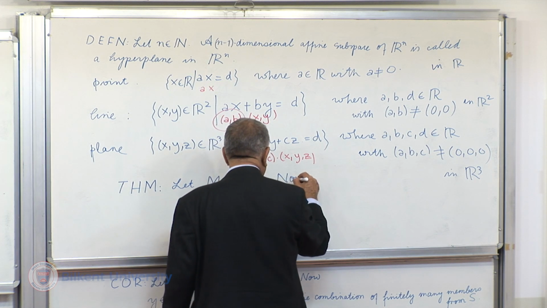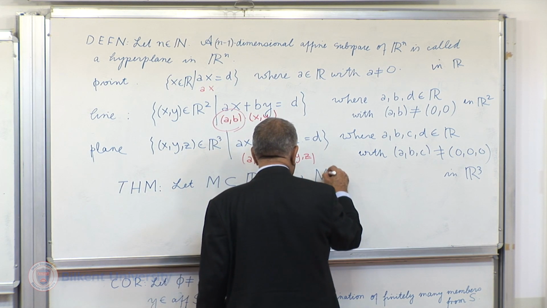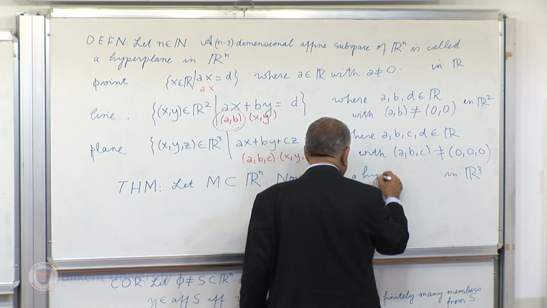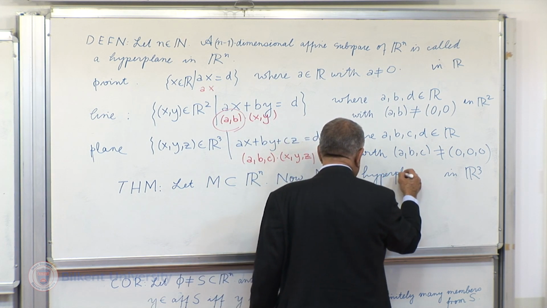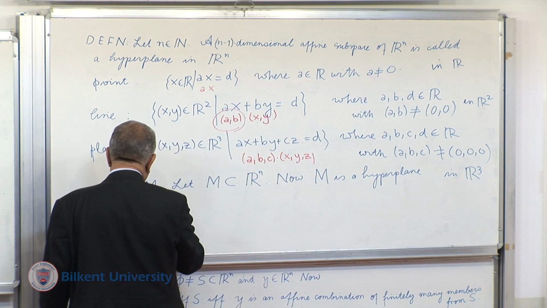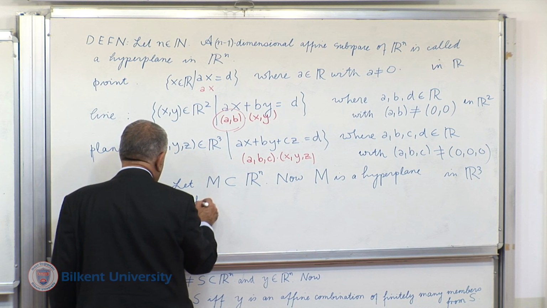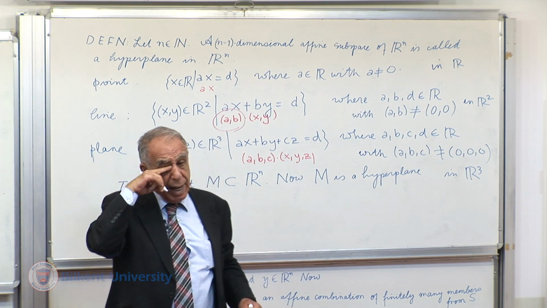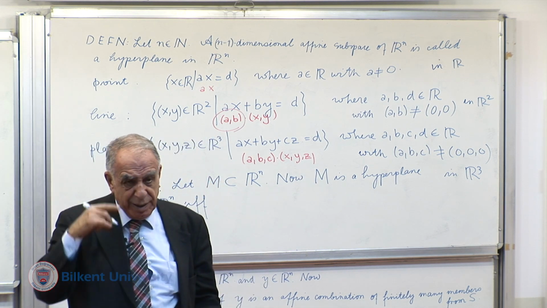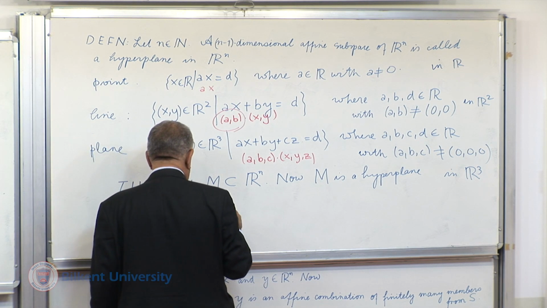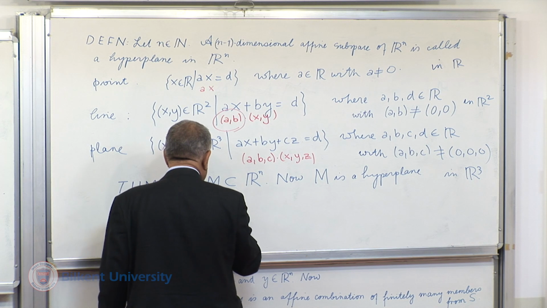Now, M is a hyperplane in Rn, that is, by definition, this means an n-1 dimensional affine subspace of Rn, if and only if there exists